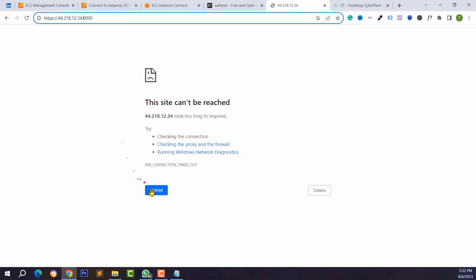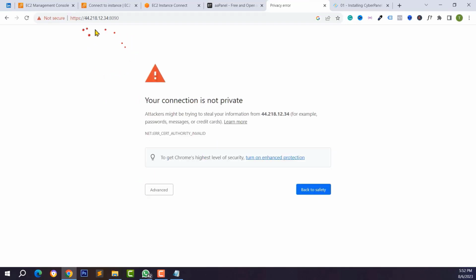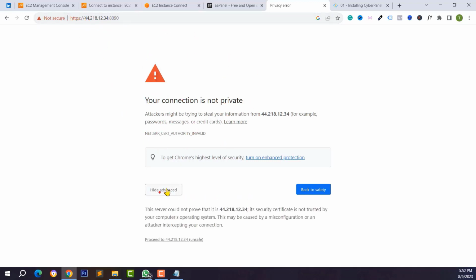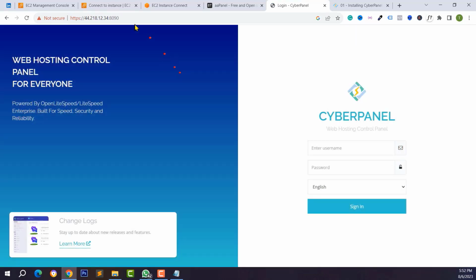You can visit or reload this page, and as you can see, this page is working now, but it's showing an SSL certificate error. Don't worry, I will show you how to install an SSL certificate and secure the connection. To skip this error, you can click on Advanced and click on Proceed to unsafe. Okay, and as you can see,